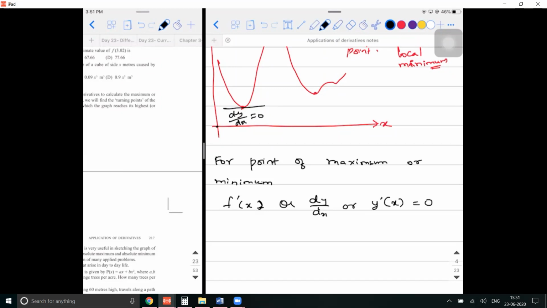See, sometimes we use it like this also. Y1 is also used. This you will learn in a chapter called differential equation. So y1 can also be 0. I hope you're able to understand. Everything represents the first derivative of the function. I hope it is clear till this step. Now, will this condition f dash of x be sufficient for me to find whether that point is maximum or minimum? You logically think.